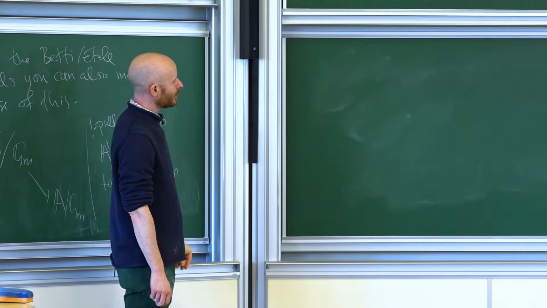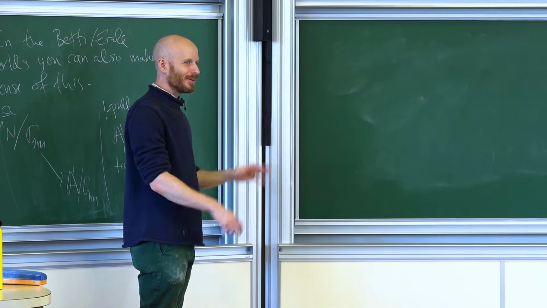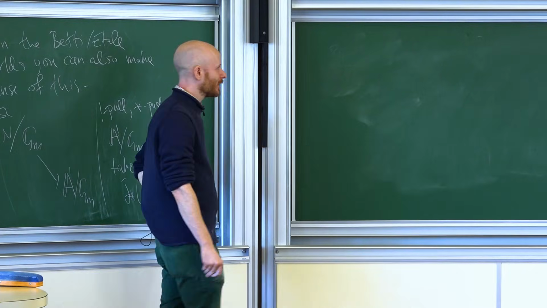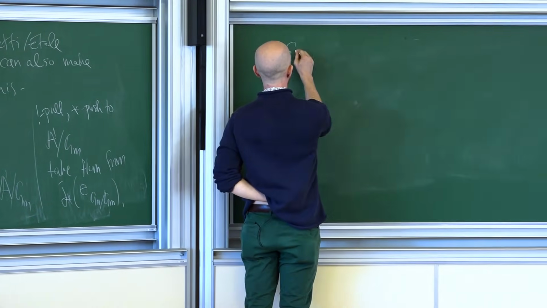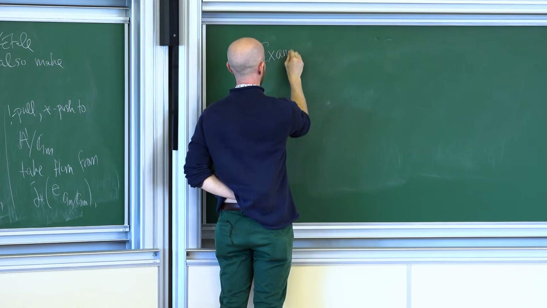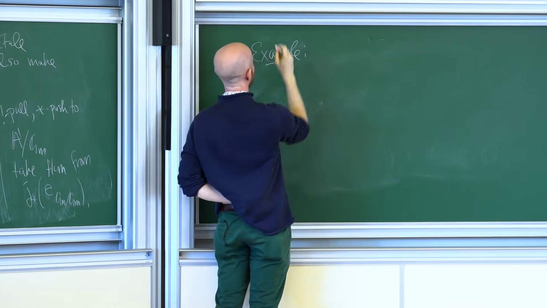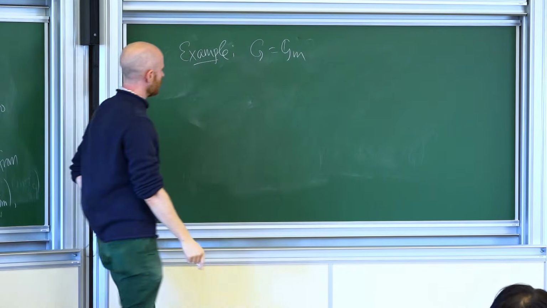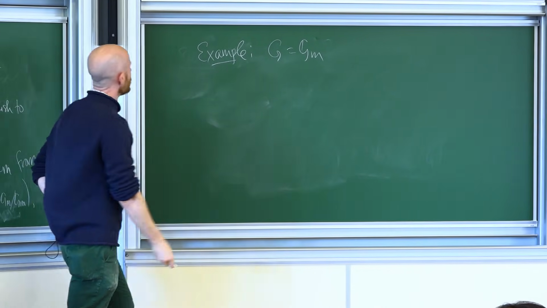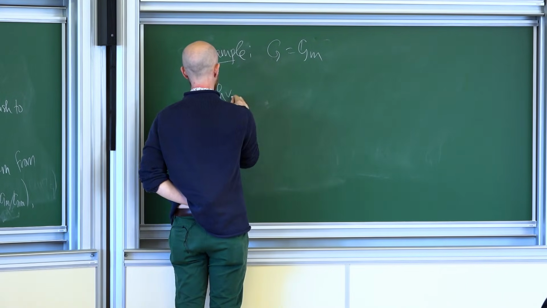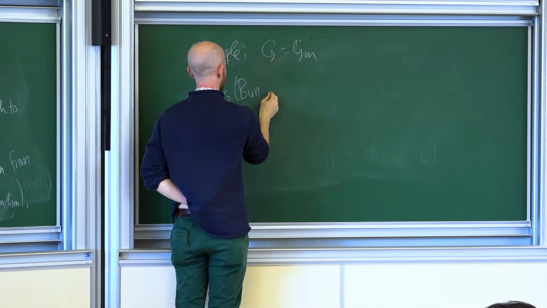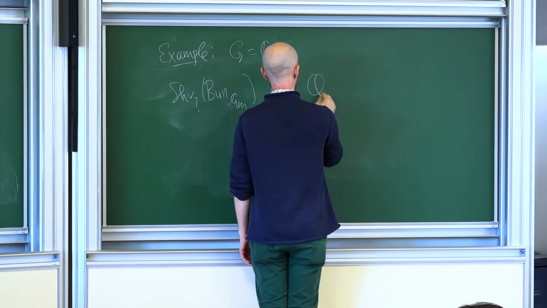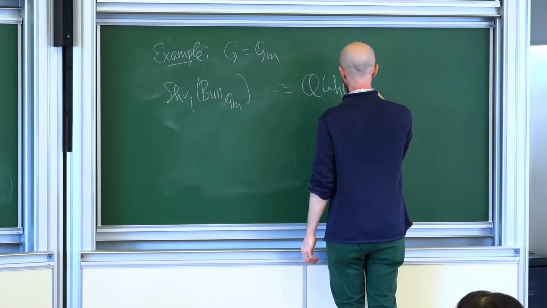Which is pretty mild in the de Rham and Betti worlds, and somehow pretty serious in the restricted world. Yeah. But maybe just to have a toy example for what this Whittaker normalization is saying, a nice one is when G is equal to Gm. So in this case, we're talking about some kind of sheaves on Bun Gm, and then this is supposed to be equivalent to some kind of quasi-coherent sheaves on some sort of